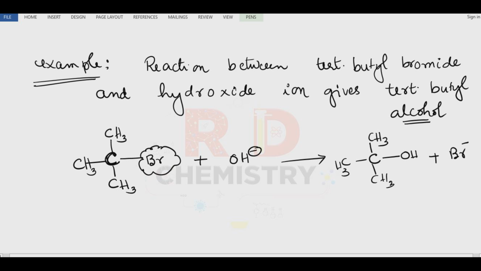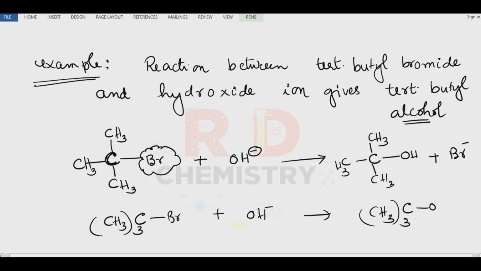This alcohol is called tertiary butyl alcohol. This reaction can also be written like this. We have CH3 repeating 3 times attached to the same carbon. Then there is a Br. Then you write OH minus to give tertiary butyl alcohol, CH3 thrice on the same carbon atom, OH,